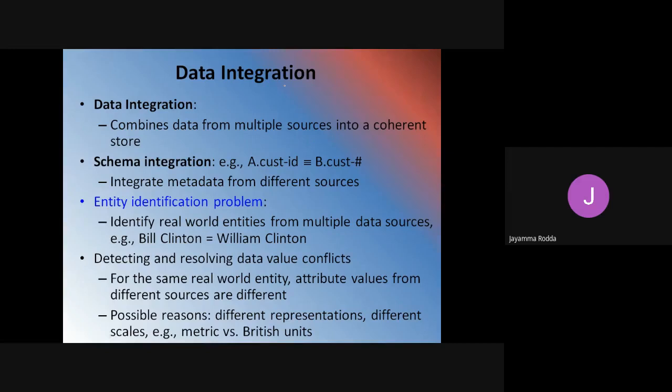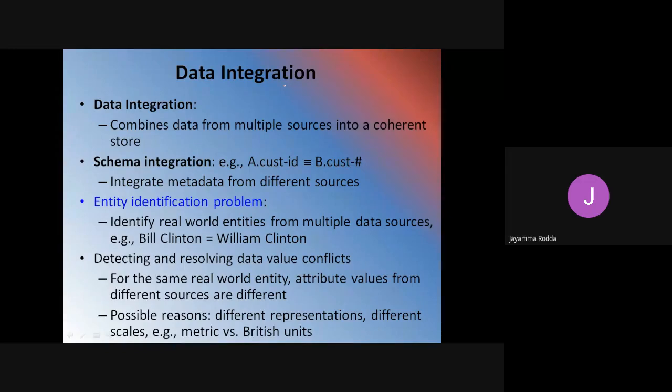So what do you mean by data integration? Data integration is nothing but combining the data. In a data warehouse, the combining will be done on data brought from multiple different and heterogeneous sources which are not similar. Data integration means combining the data from multiple sources into a coherent store, into one particular store. So different varieties will be organized in one place.